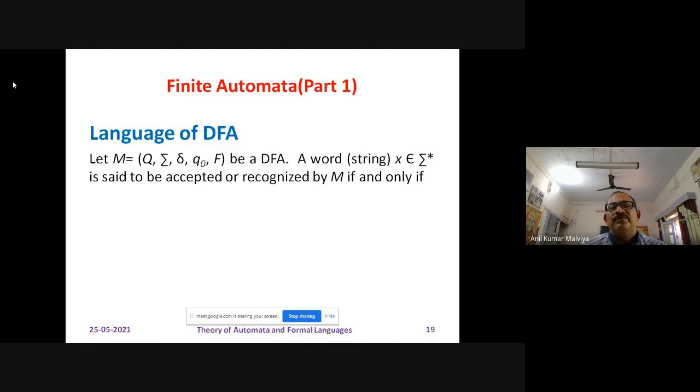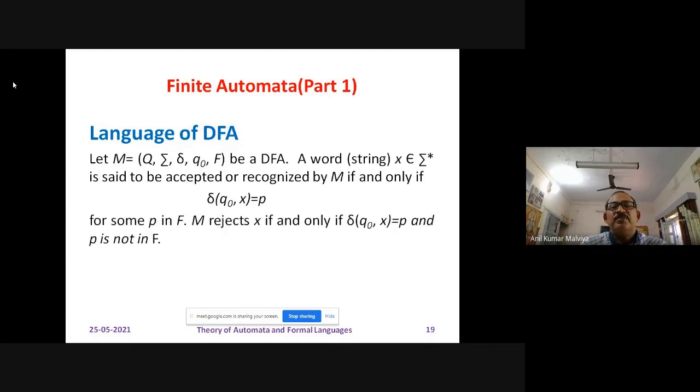When delta is equal to p, and p is a member of F. P is a member of F means a word is accepted by the machine, by the DFA,